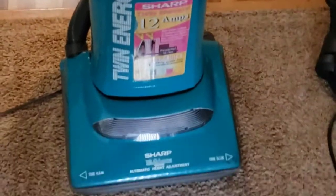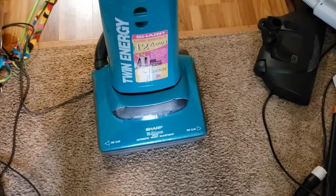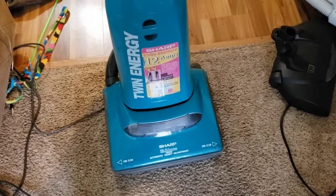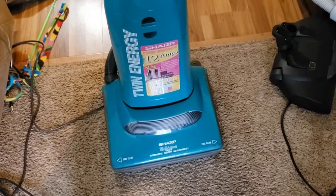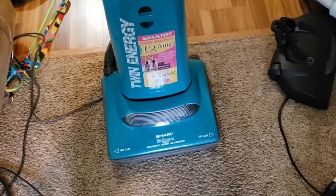So yeah, certainly not a bad machine. Even by modern standards, I think its nozzle specs are probably, well, I always kind of estimate with the feet per minute numbers, but I think it would be more than in line with some of the bagless machines out there. Definitely, but